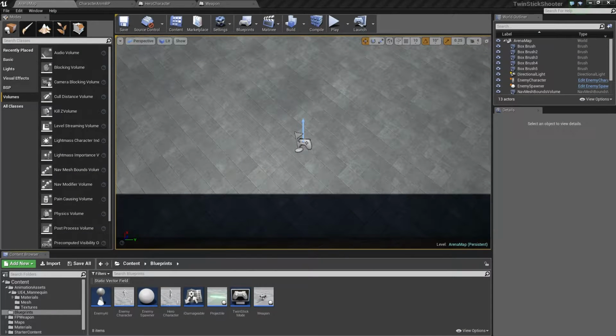Alright, welcome back. In the previous video, we got our character's gun attached properly to his hand, so he's all animated and looking good. And now we want to animate the enemy character. Now, here's a quick spoiler. This is going to be a very, very quick and easy process because we're going to reuse some of the